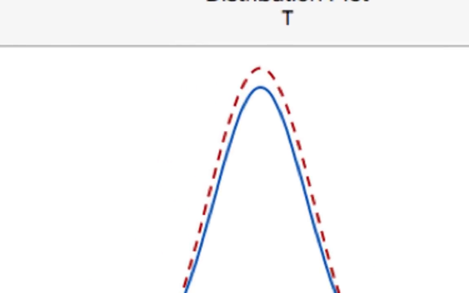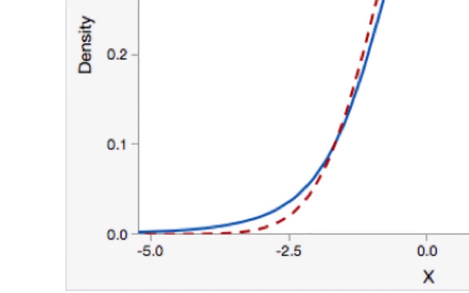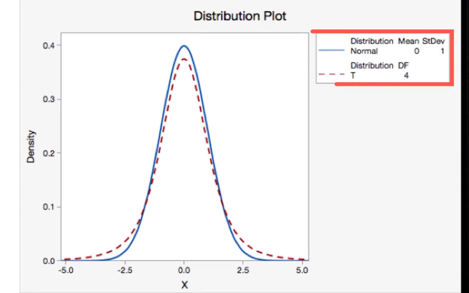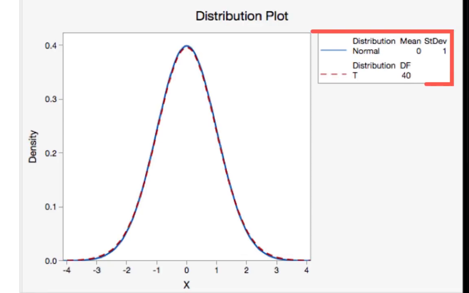The center becomes a little bit higher, and the tails become a little bit lower. Here we can compare a t-distribution with 4 degrees of freedom to a normal distribution. We can see with small degrees of freedom, the t-distribution is lower in the center and the tails are a little bit higher. As the degrees of freedom for the t-distribution increases, so here we have 40 degrees of freedom,